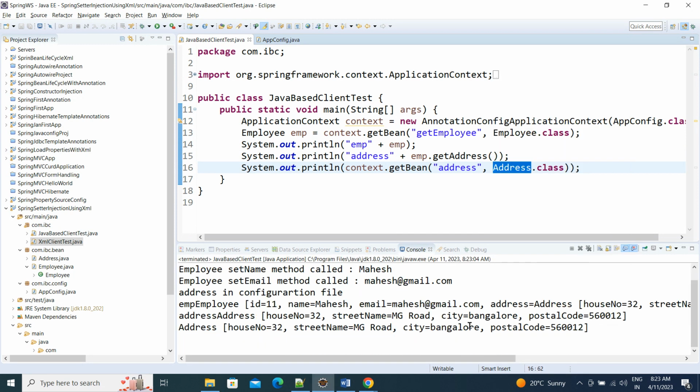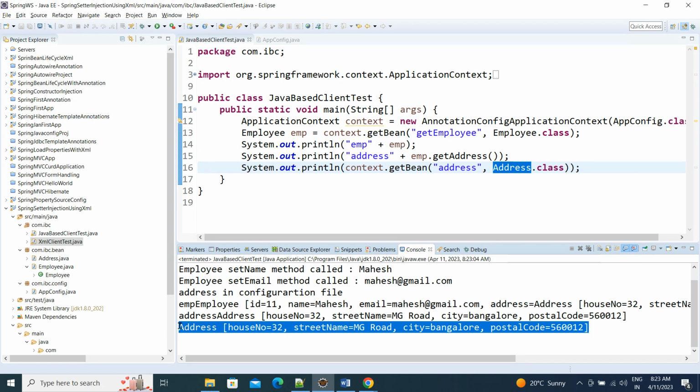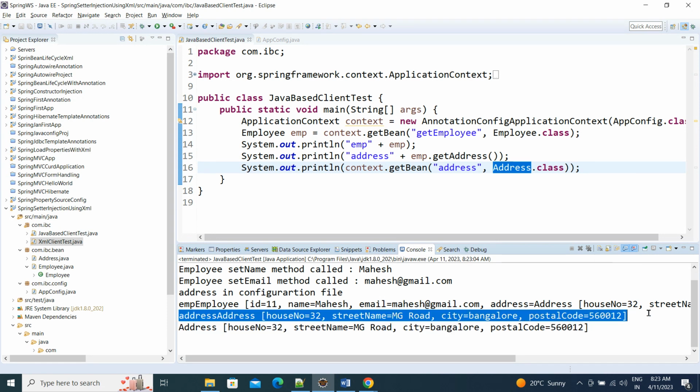Yeah, it is giving two times. This is from the address object, specifically, when you are getting. This is from the employee class address. Okay, this is what